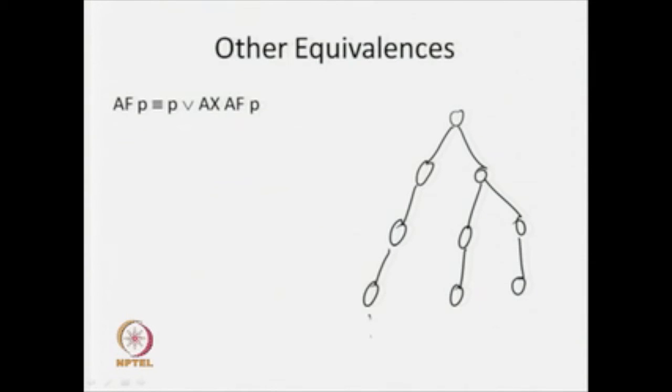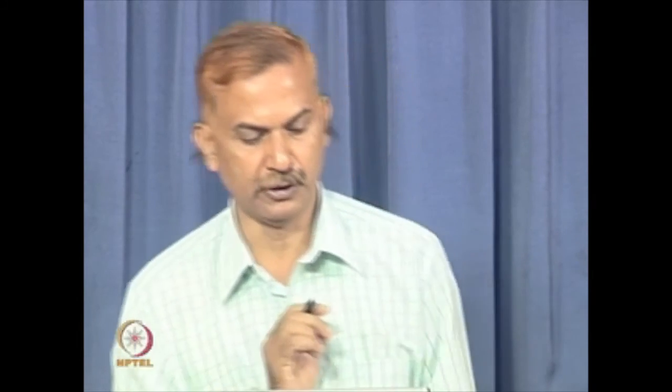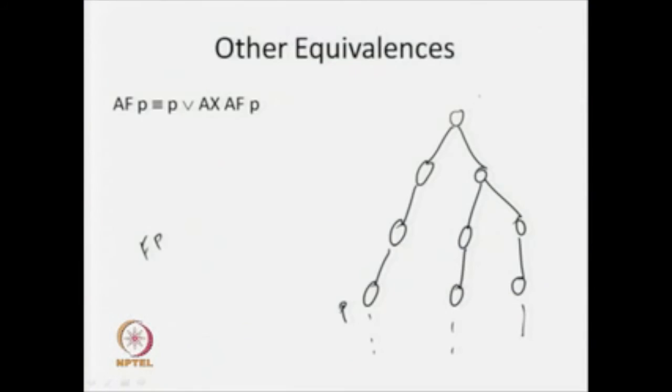Now, what will happen in this particular case? I am saying that if P is true over here, then I am getting this particular part that F P is true over here. But already we have seen the semantics that in this particular notion of time, the future includes the present behavior also. That means, if P is true here itself, say I am concerned about this particular state, if S models P, then we can say that S models AF P also. So, if P holds here, I am going to say that AF P holds here.